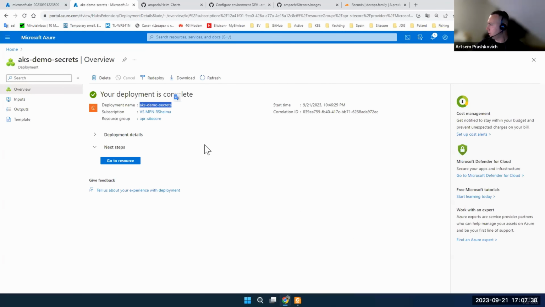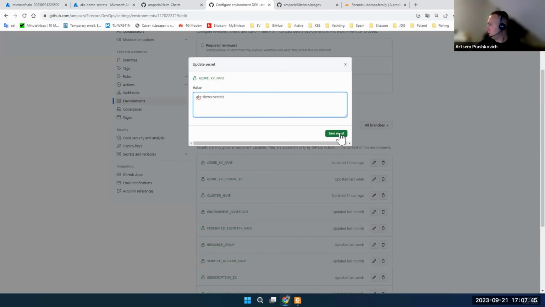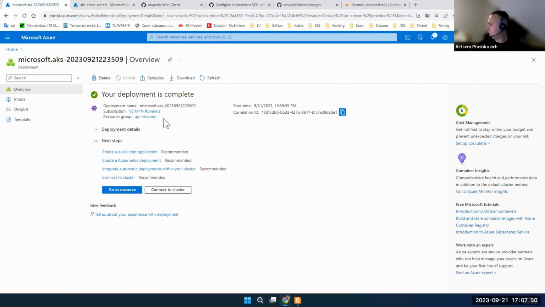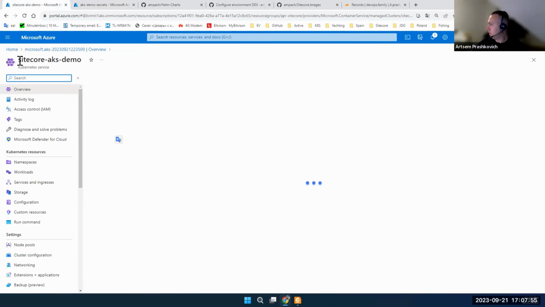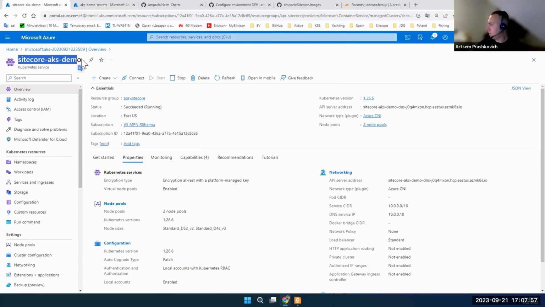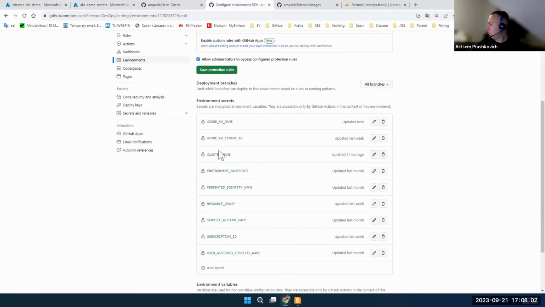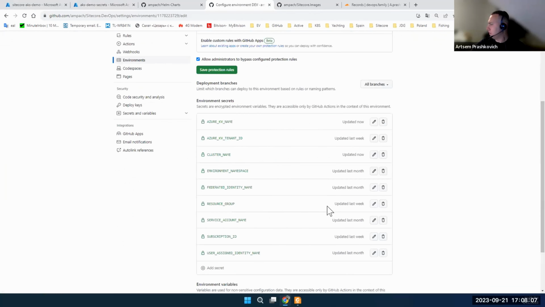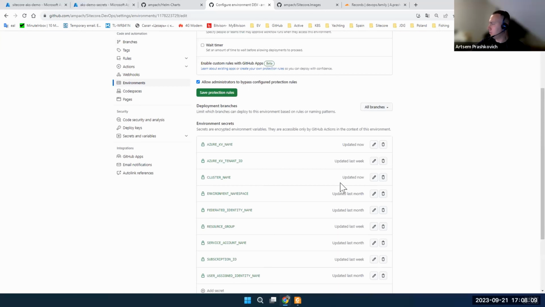Okay, just let me copy it again. AKS demo settings. Okay, we have the Azure Key Vault name. I need to update that one, and I also need to update the cluster name. Okay, go to the resource. This is my cluster name. We will talk about the rest of the secrets a bit later. For now, we just need to update 2 of them, and